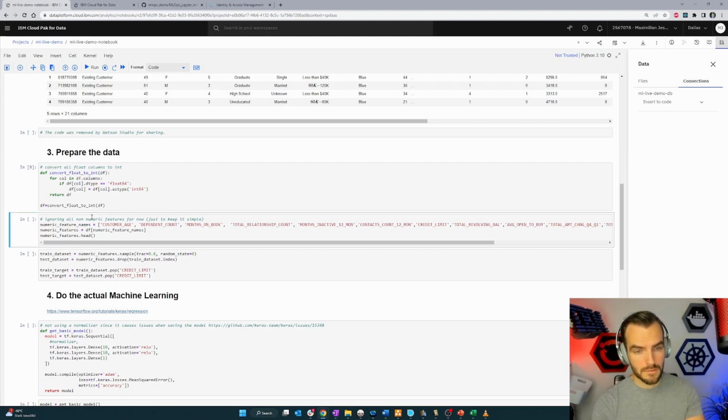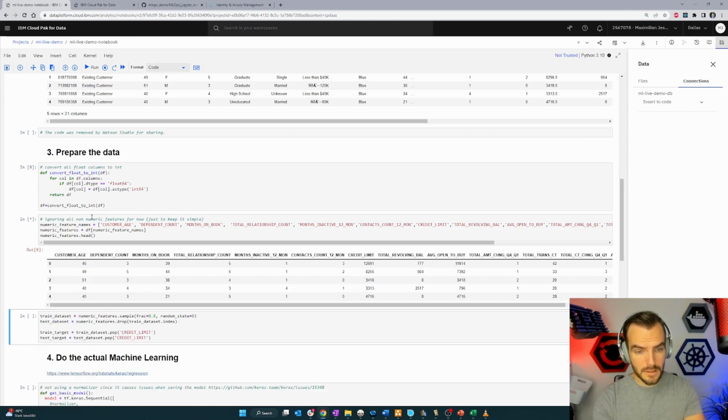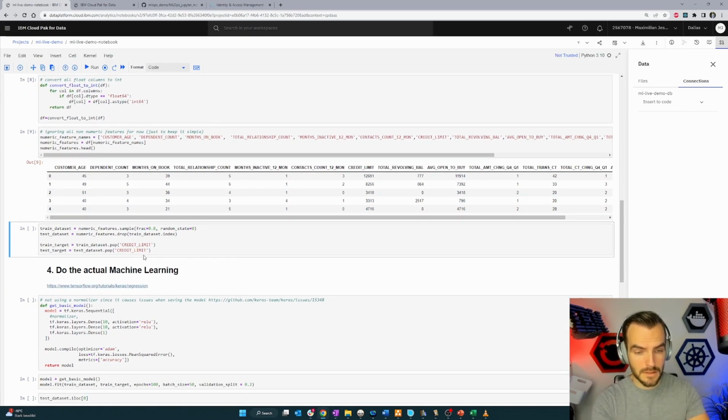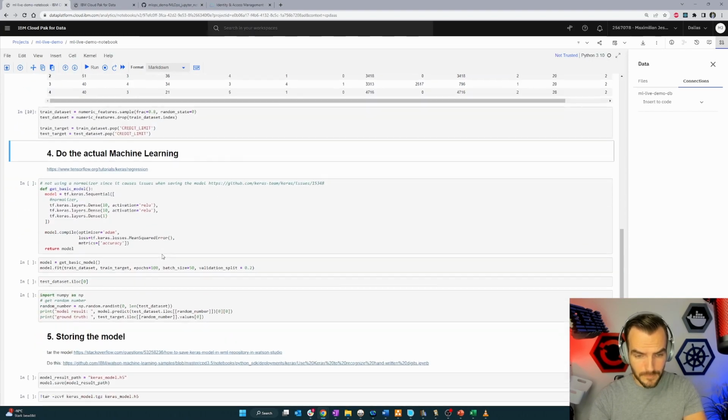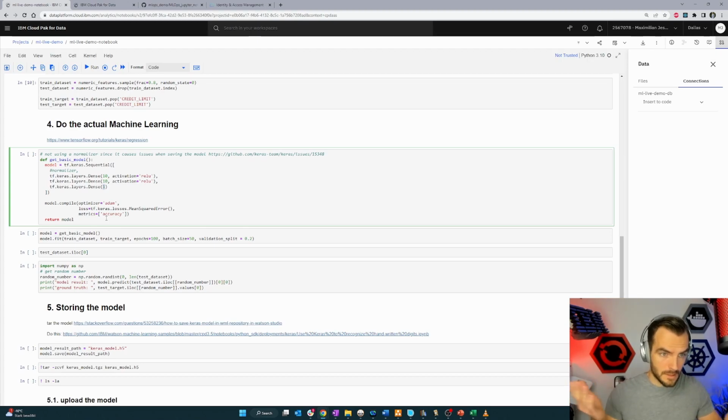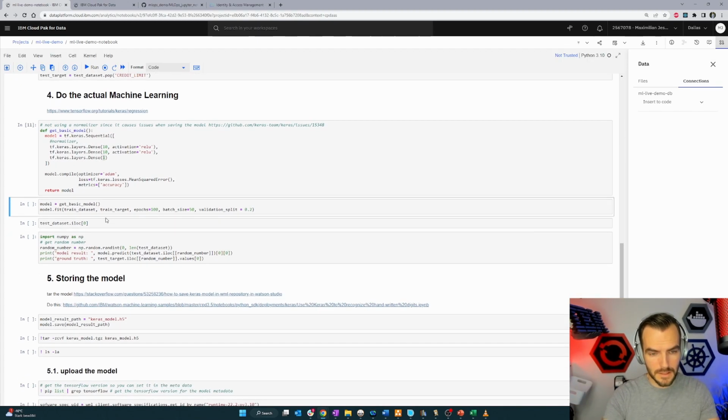So what we're doing here is we convert all the data types to float, then we choose the features that we want to work with. At this point, we're just working with numeric features, just simple. We split the data set into train and test data set, and then we create our model, which in this case is a very simple neural network. It's got 2 hidden layers with 10 neurons each, and 1 output neuron, which means it is a regression neural network. And once we define this net, we do the model.fit, which is the magic line of code, which triggers